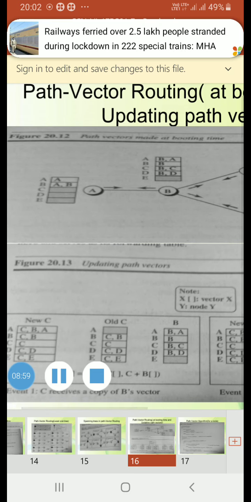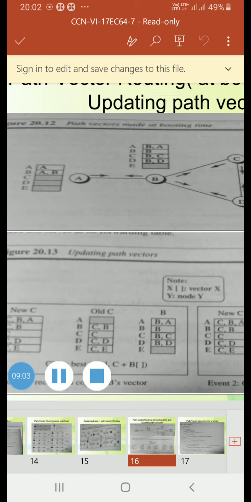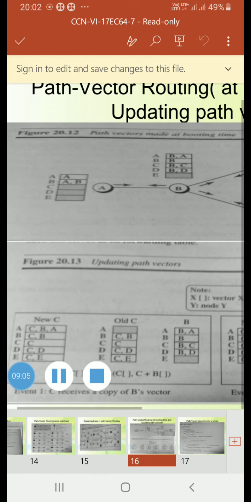Now, this second figure, updating path vectors, shows the path vector of node C after two events.